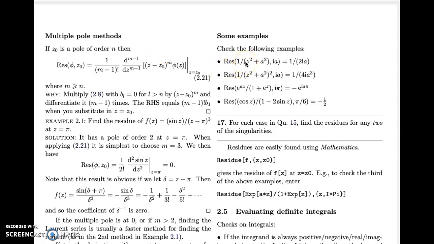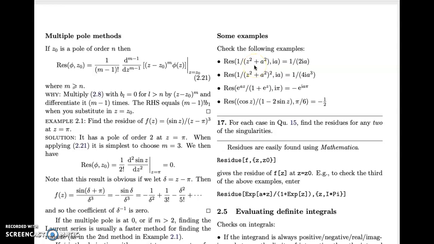So, some examples of finding residues. This, by the way, is not particularly standard notation, but it seems fairly obvious what we mean. So, we've got the residue of a function, and we want to find the residue at this singularity located at ia. Okay, so this function here,